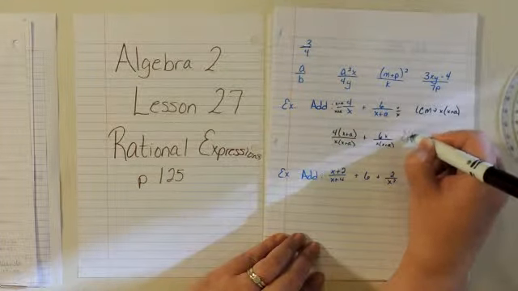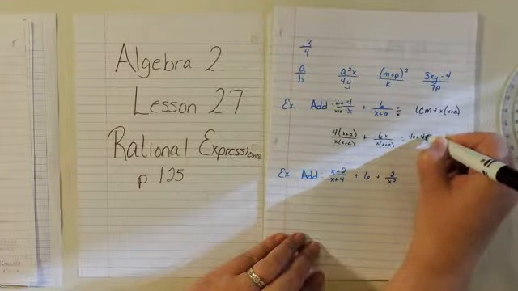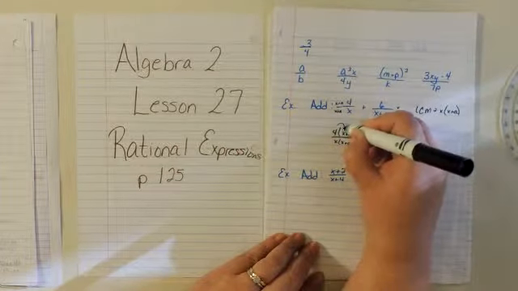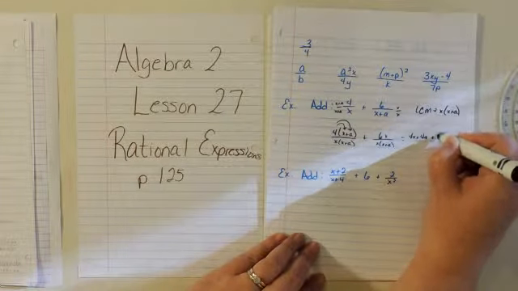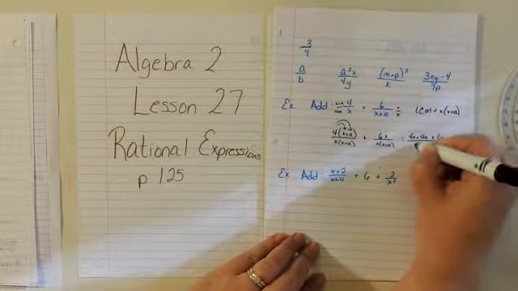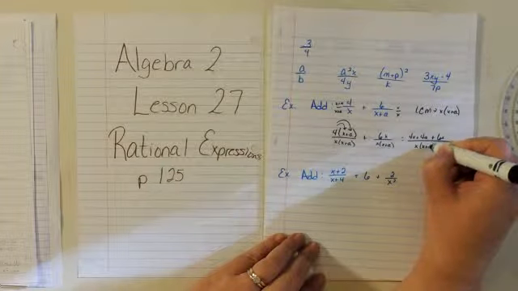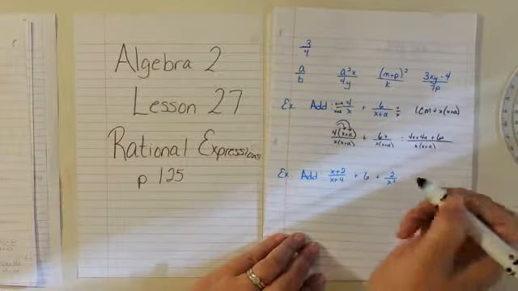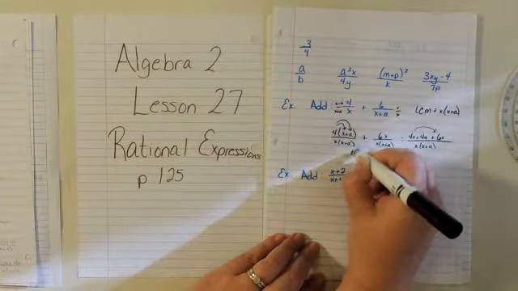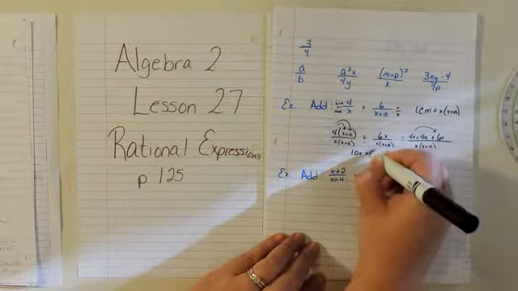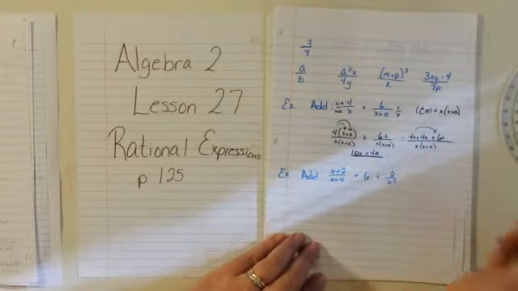So this is going to be 4x plus 4a, using the distributive property on this parenthesis, plus 6x all over x times (x plus a). We can simplify the numerator by adding the like terms. So we have 10x plus 4a all over